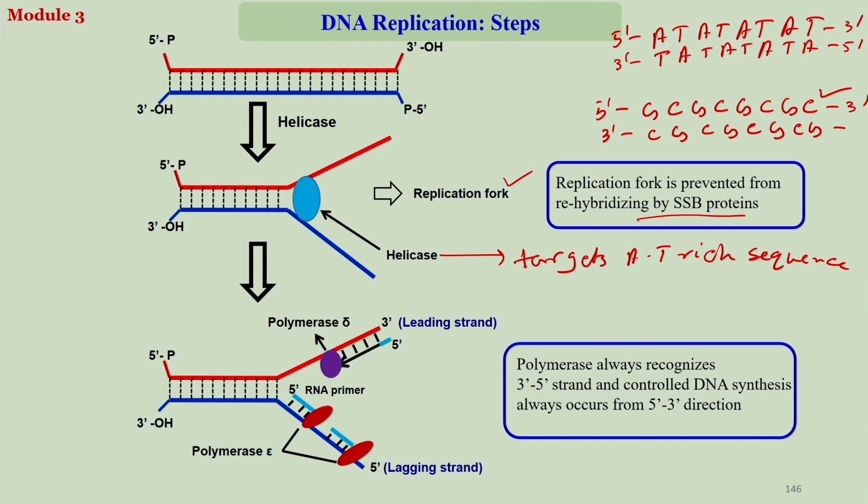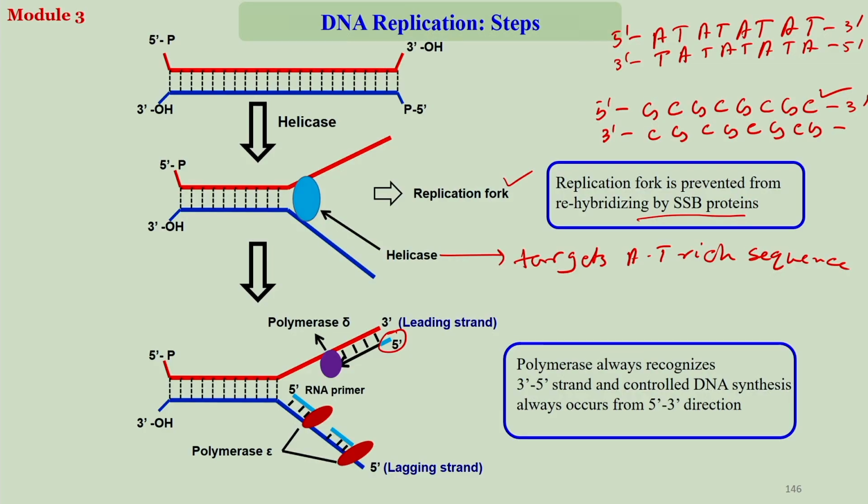And then of course, once you have the replication fork, you have the RNA primers. Now, when you look at all the enzymes, so many enzymes are involved in the whole of the replication process. All of these proteins actually do a single thing. If you look at the chemistry of it, what is the chemistry behind all this replication process? It is a single chemical reaction, and that reaction is,